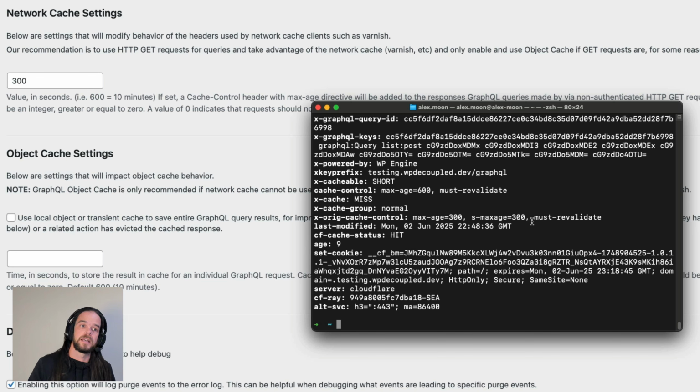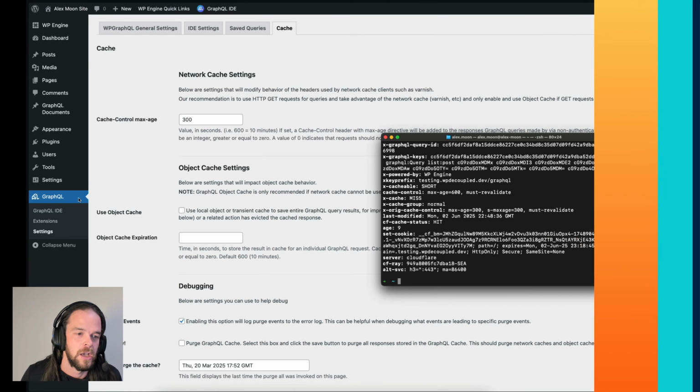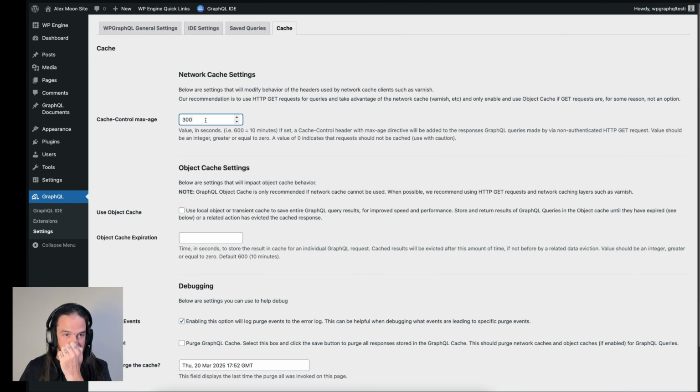If it hasn't, it's going to go all the way back to the server because Varnish's TTL is hit too. It's going to go all the way back to the server, and all those caches are going to get reprimed at the same time. That is not ideal. Let's talk about how we can put some tiered caching in place and have each of these caches do what they're good at. So, step one, let's set,